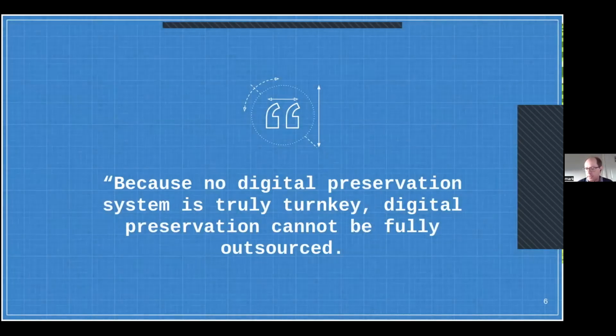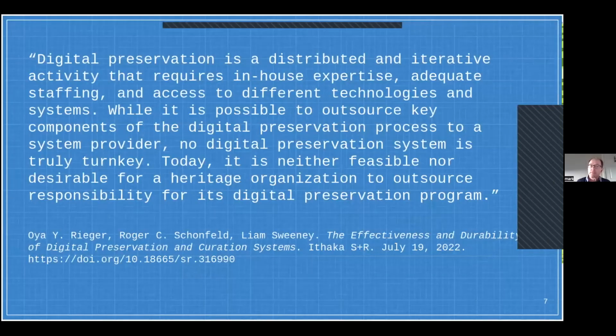Second quotation I want to cite here is from an Ithaca S+R report that was published just 3 weeks ago. The important part I want to emphasize is a quote from one of the points in their executive summary. Because no digital preservation system is truly turnkey, digital preservation cannot be fully outsourced. Digital preservation is a distributed and iterative activity that requires in-house expertise, adequate staffing, and access to different technologies and